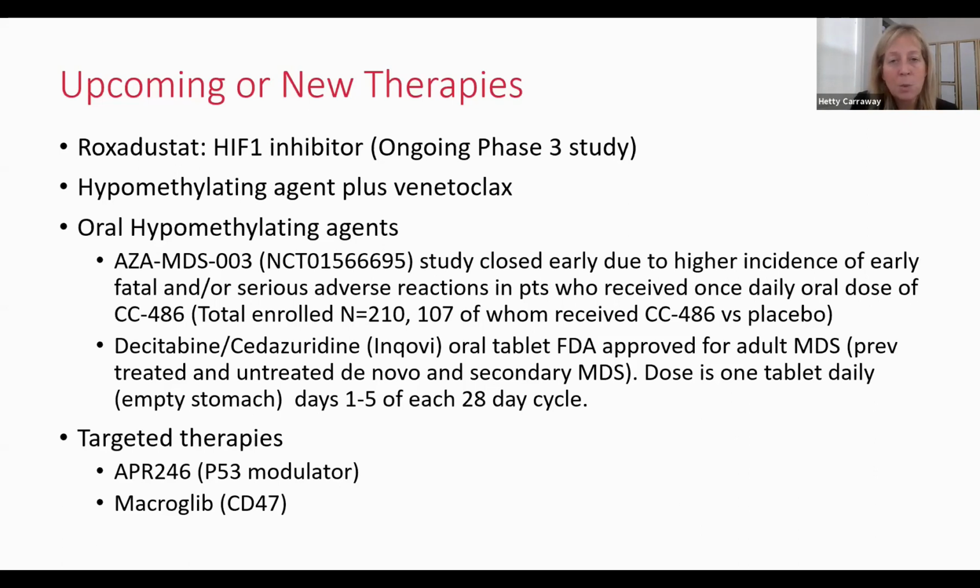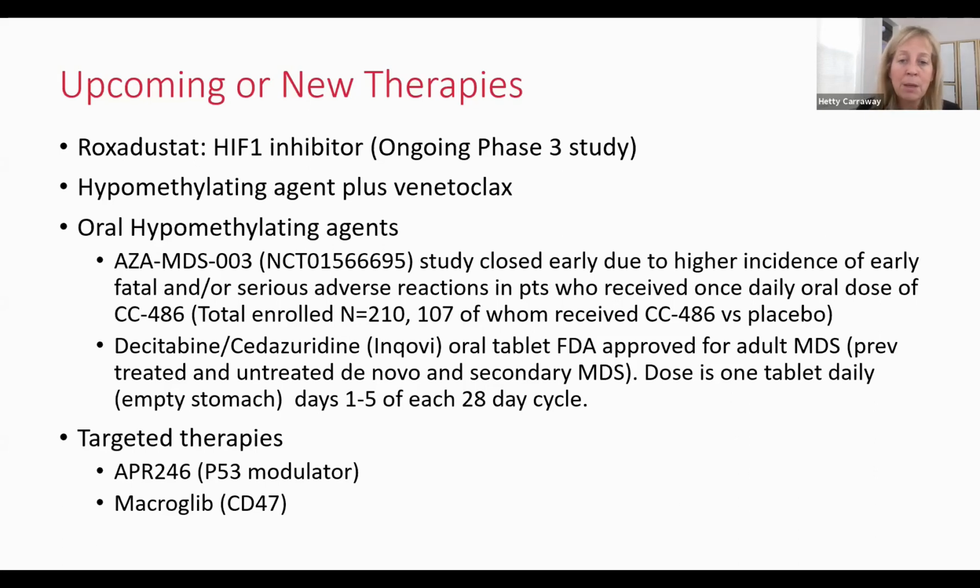It looked at patients with MDS who were treated with CC486 versus placebo, and that study was closed early due to a higher incidence of early fatal and/or serious adverse reactions in patients who received CC486 once a day. The total number of patients in that study was 200, about 100 of whom received CC486 versus placebo. So another oral hypomethylating agent, though, that was recently approved is decitabine-cedazuridine, or Inqovi, which is an oral